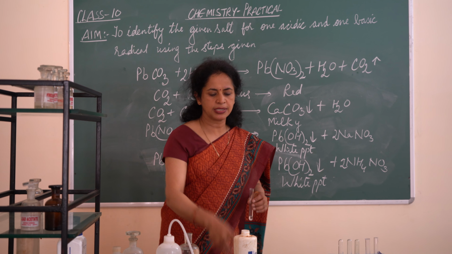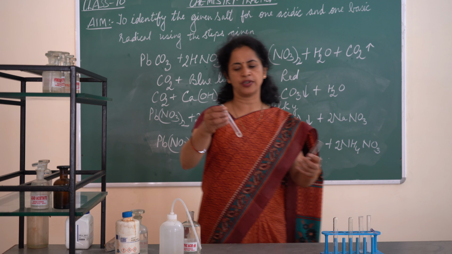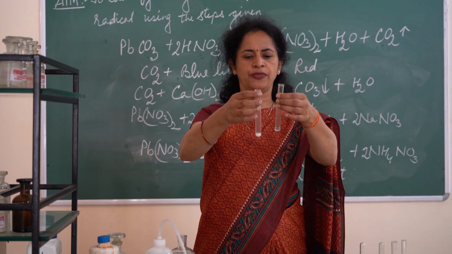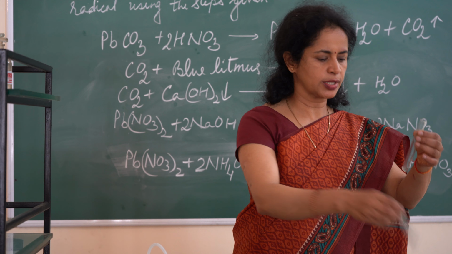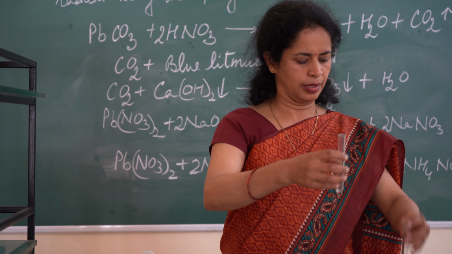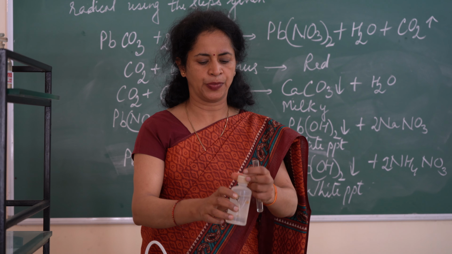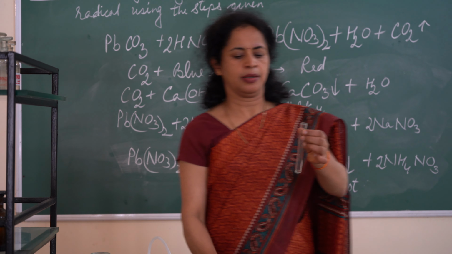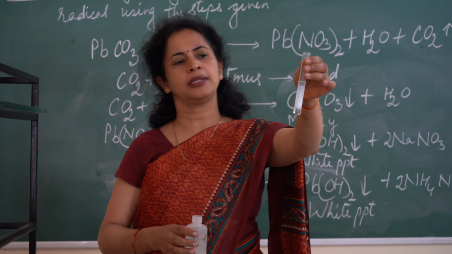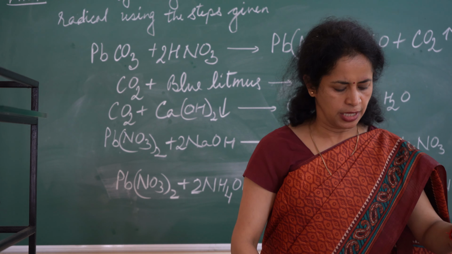Now let us test for basic radical. Take the solution which is obtained by adding nitric acid to the given salt and divide it into two equal parts. One part we will test with sodium hydroxide and another part with ammonium hydroxide. Take the first part of the solution and add sodium hydroxide to it. We get a white precipitate, a thick white precipitate is formed,